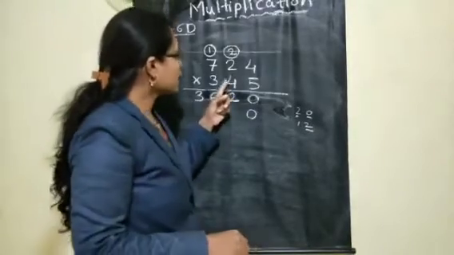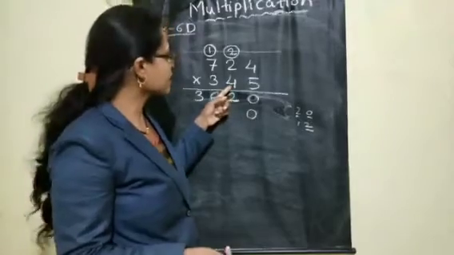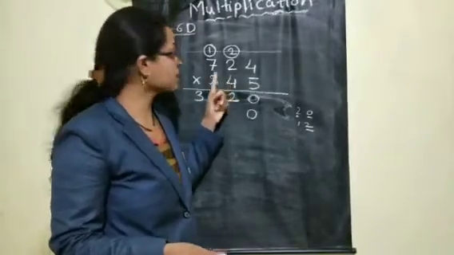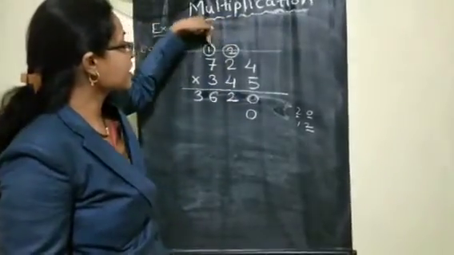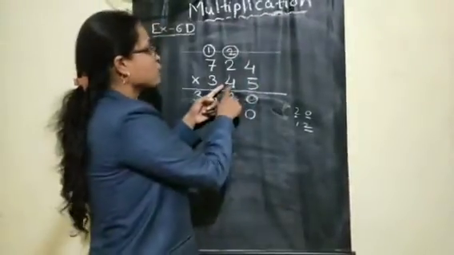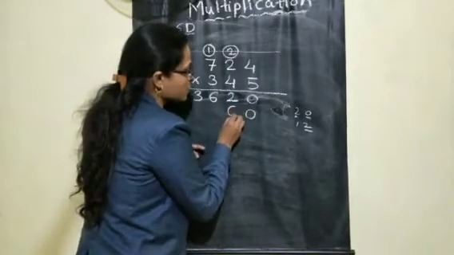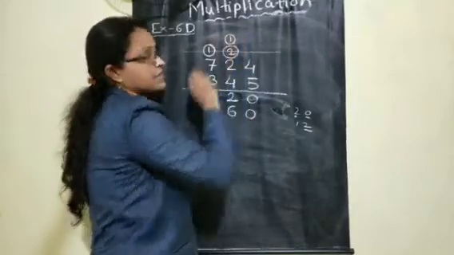Now again, as usual you have learned last time also, in the second step you can start multiplying with the tens place number, that is 4. You are multiplying from ones, tens, 100, 1000 and so on. Always start from the ones place. So 4 4s are 16. From that 16, 6 you are writing down and 1 will carry forward to the tens place, children.